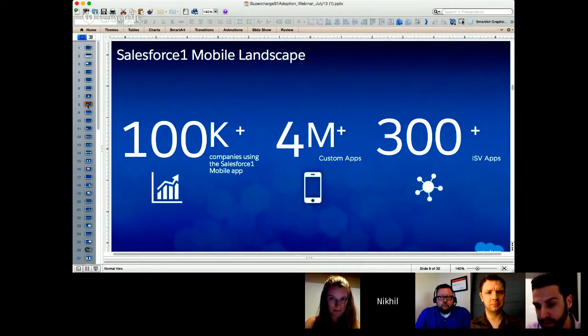And on top of that, we've seen 4 million custom apps built on there. So again, the ability to customize the app has really been a huge benefit for many organizations. And the ISVs that have jumped on with the Salesforce One Mobile App has been really exciting. So we've seen over 300 of our AppExchange partners really jump on and make apps that are Salesforce One